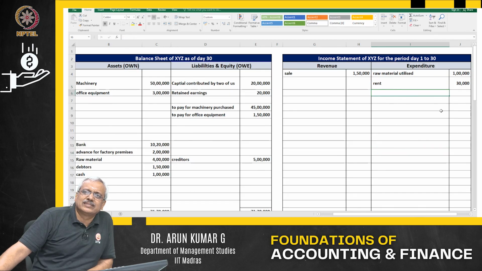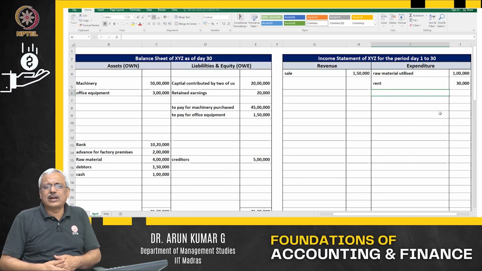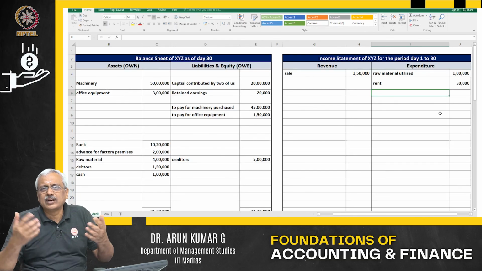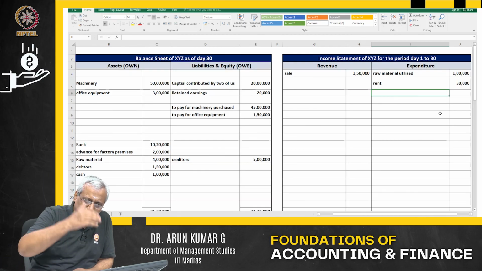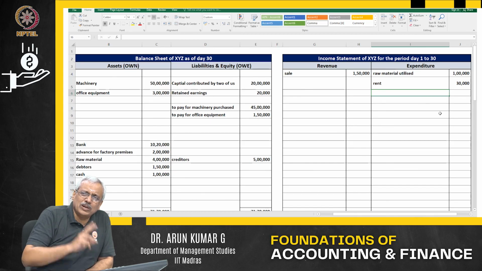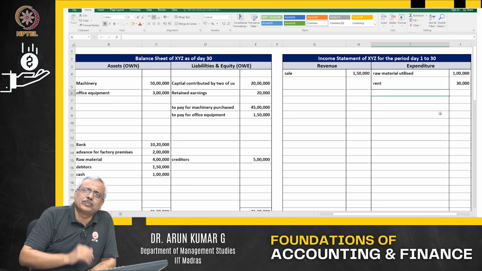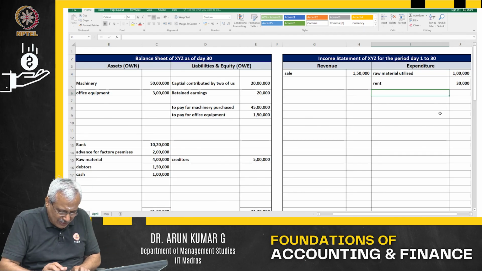I have my workers who are paid a salary. Imagine I have 2 foremen out there, or 2 casual labor. Let us say casual labor to operate the machine. Because they are operating the machine, only 2 fellows, because it is a new company. I am paying them a salary of 15,000 rupees per month to each one, casual labor, 15,000 rupees. So salary to 2 casual labor,